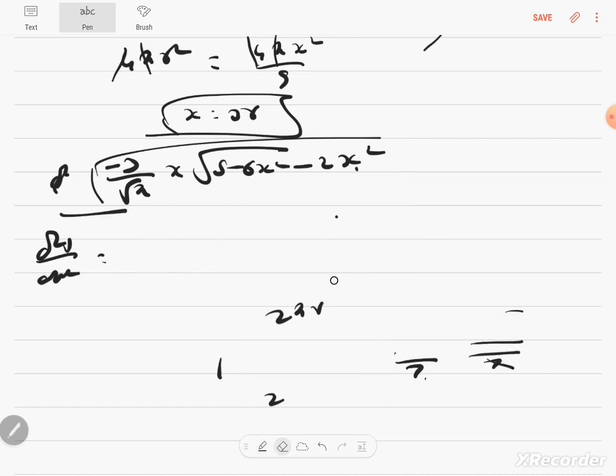The double differentiation is getting difficult. So it's minus 3 by root pi